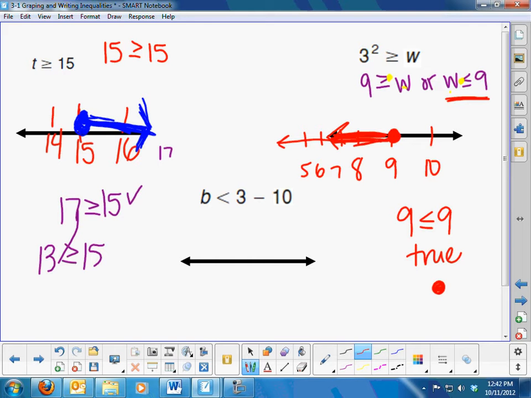Is the number 10 true? If I plug in 10 into my inequality, is it true or false? Is 10 less than or equal to 9? No, so 10 should not be shaded. All right,